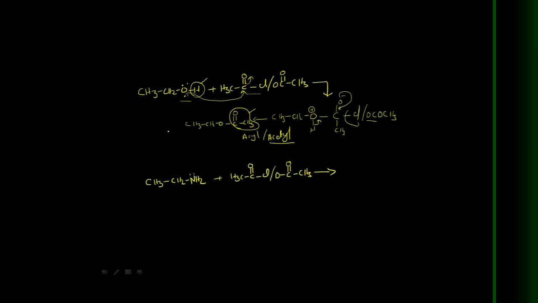So here the increase in molecular weight is 42, because carbon 12, 12 is 24, plus 16 is 40, plus 3 is 43, but a hydrogen is replaced by this group, so the increase in molecular weight is 42. If one OH group is involved in an acylation reaction, the increase in molecular weight is 42, and the ester will be formed.